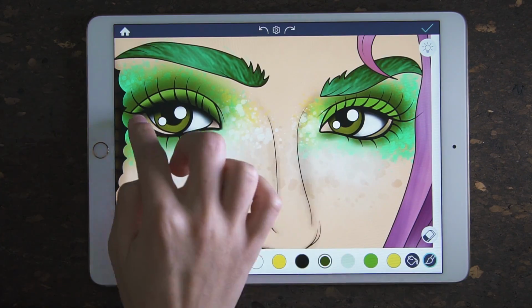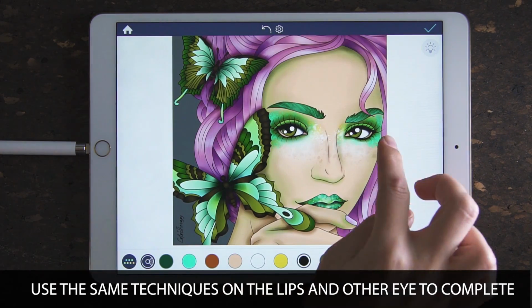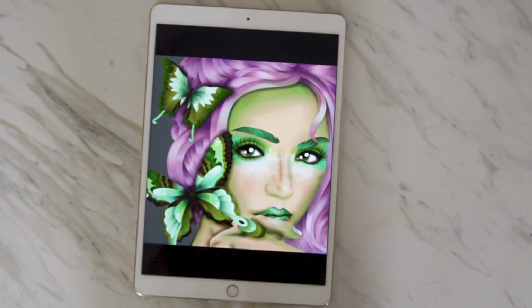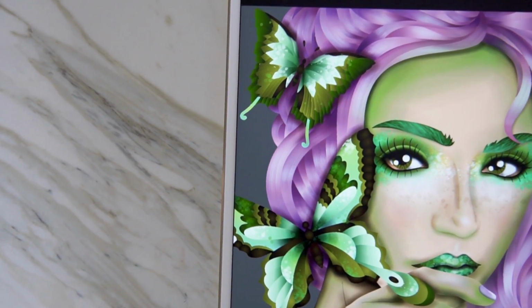And you can use the same splatter techniques on the lips and on the other eye. Here's the final image after I added a green tint around her face and drew in eyebrow hairs, as well